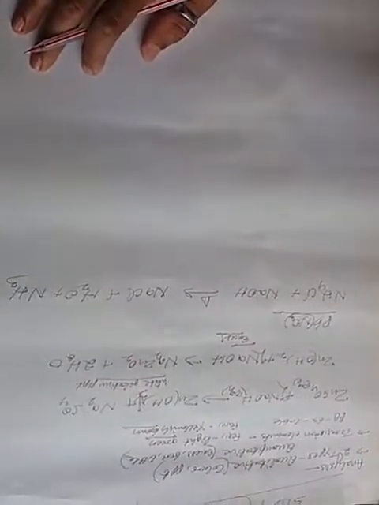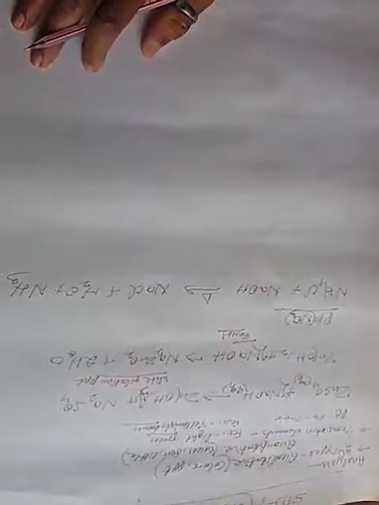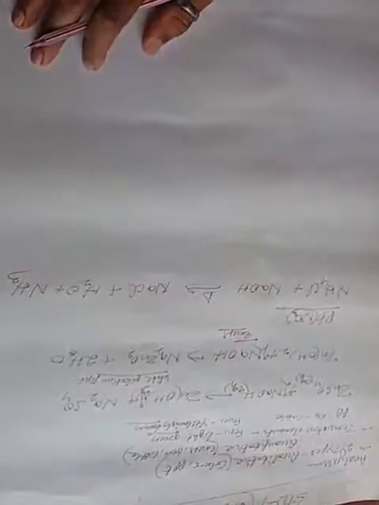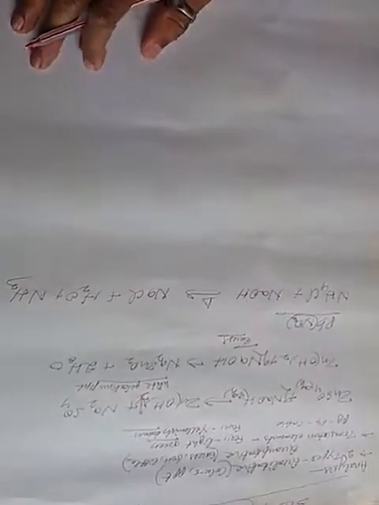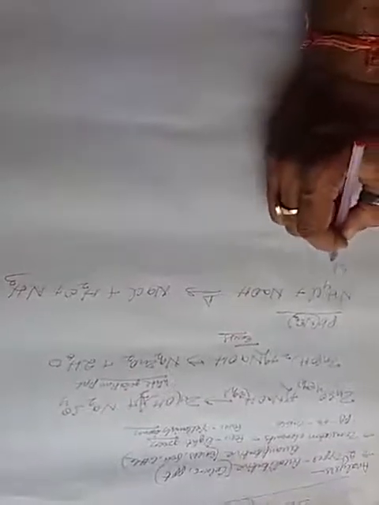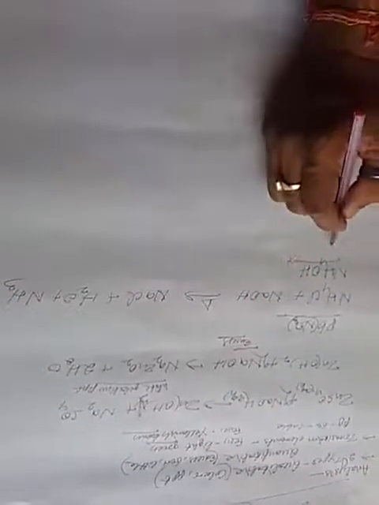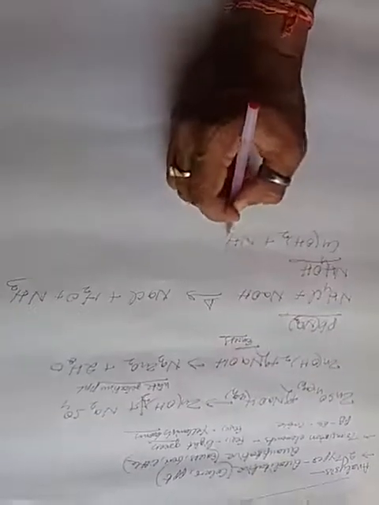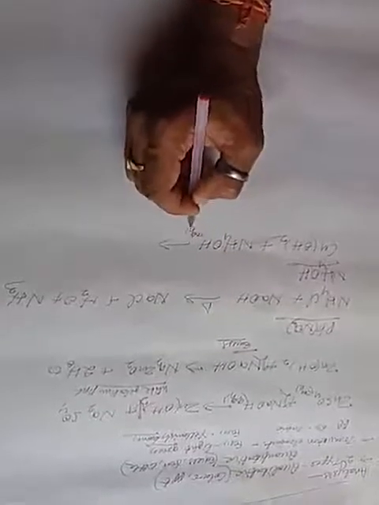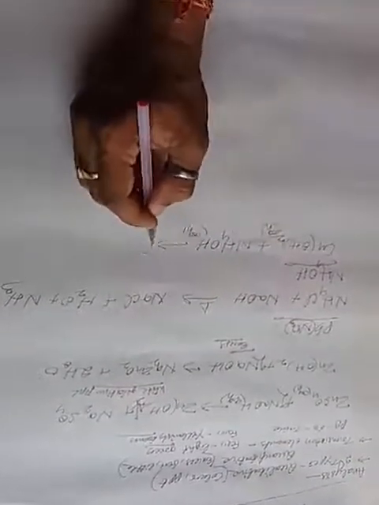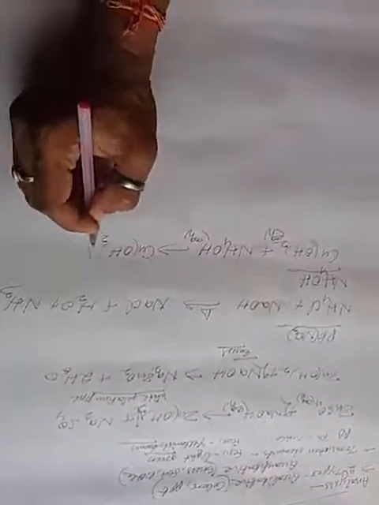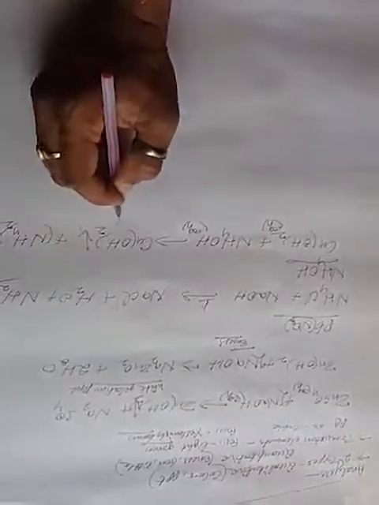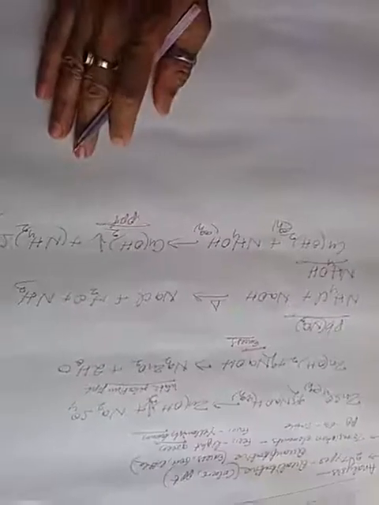That's why there is one most important question: how can you distinguish between two bases, ammonium hydroxide and potassium hydroxide or sodium hydroxide? Only by calcium salt. Okay, in this ammonium hydroxide solution, only copper sulfate when added with ammonium hydroxide, both are aqueous, it gives copper hydroxide plus ammonium sulfate, which is precipitate. This is your qualitative.